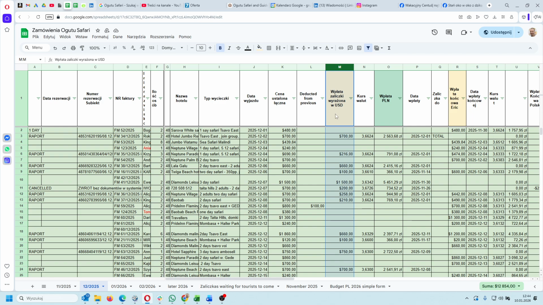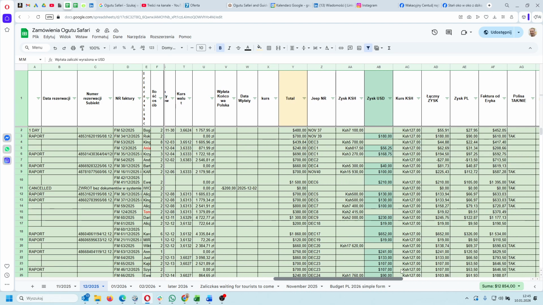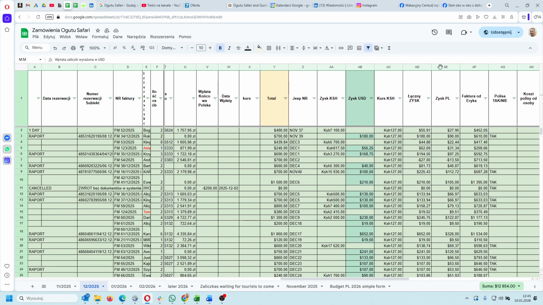Okay, so they paid to me $12,854 because I was supposed to earn $5,200. It means that for December I should pay to Kenya $7,000, right? So I should pay what I received in dollars minus what I should receive, and it should be